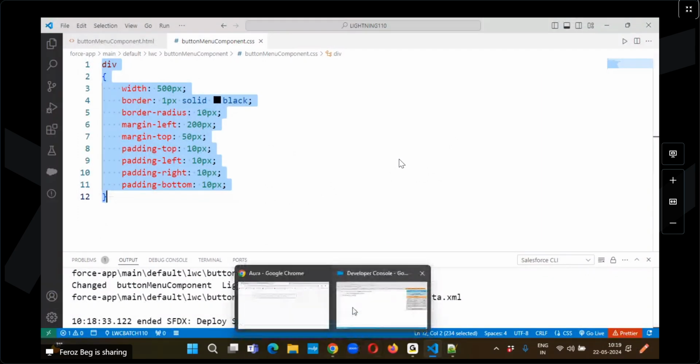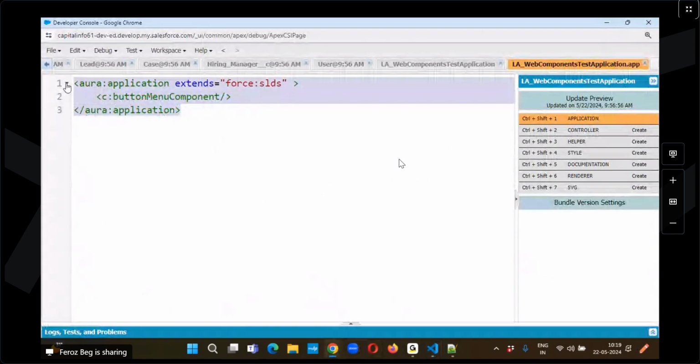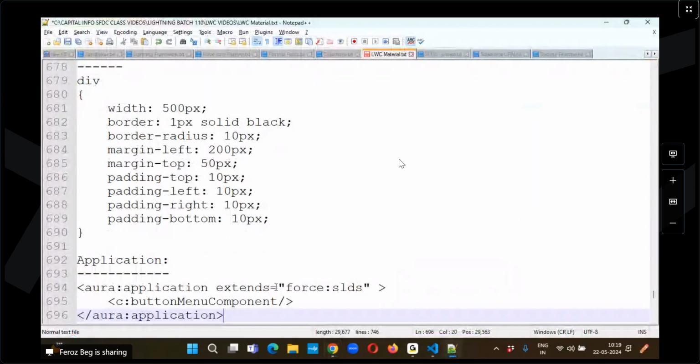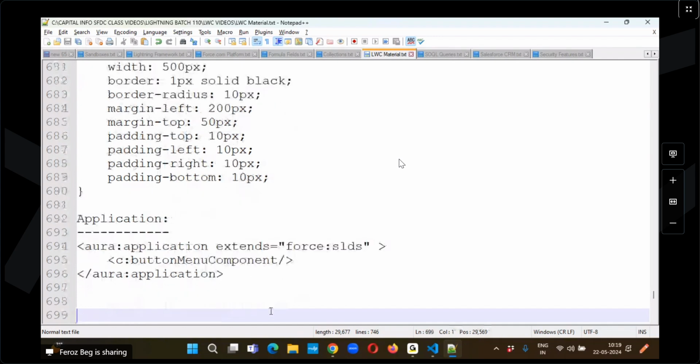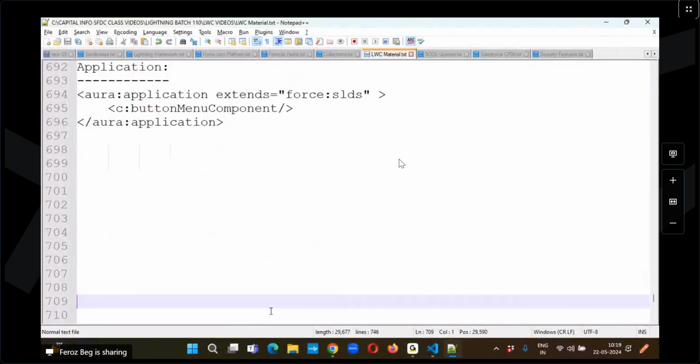Sir, I have a doubt in the CSS class. While writing the CSS class, you have to do this class. So here it is only done. That's it. This is also like an HTML tag. Next,